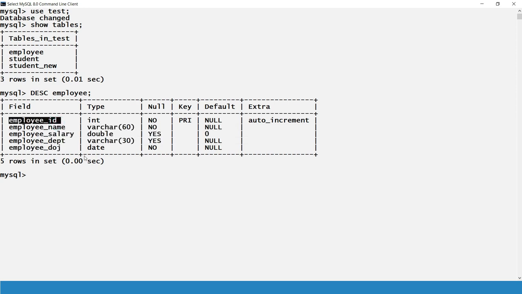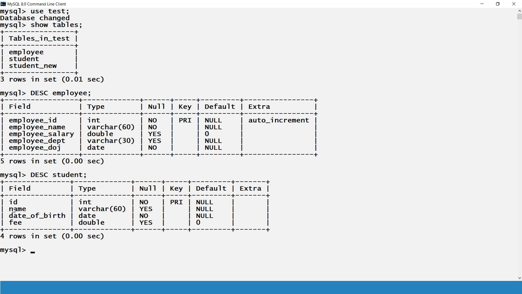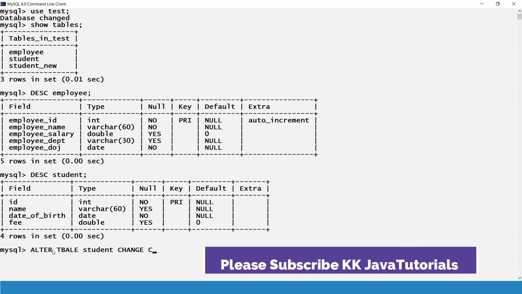But if I look into the student table, then here you can see that in the student table I haven't defined ID as auto increment. So let's alter this table to define ID as auto increment. As we have already discussed, we have to use the alter command for this. Alter table, then the table name, and then the change keyword, then column.